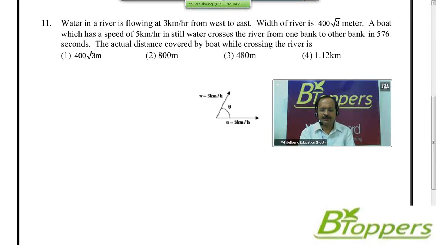The diagram is given showing the 2 velocities. U represents magnitude of velocity of the water in the river. V represents magnitude of relative velocity of boat with respect to the water, or V can be taken as speed of the boat in still water. The angle between them is theta. So come on, look at the solution of the problem.